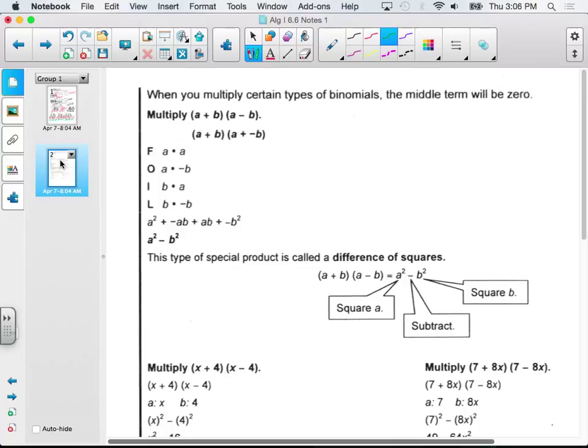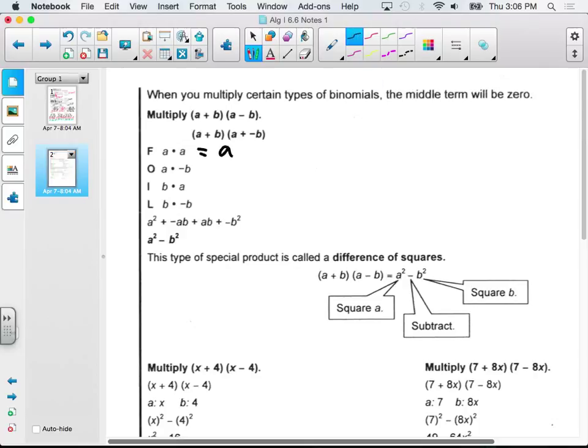Okay, now moving on to the back side, we have a plus b times a minus b. Is this going to give us a perfect square trinomial? No. Why not? Because one's gonna be a negative ab, and then one's gonna be a positive ab, and they're just gonna cancel each other out. Right, so here they foiled it out for us, so we don't have to do that, but a